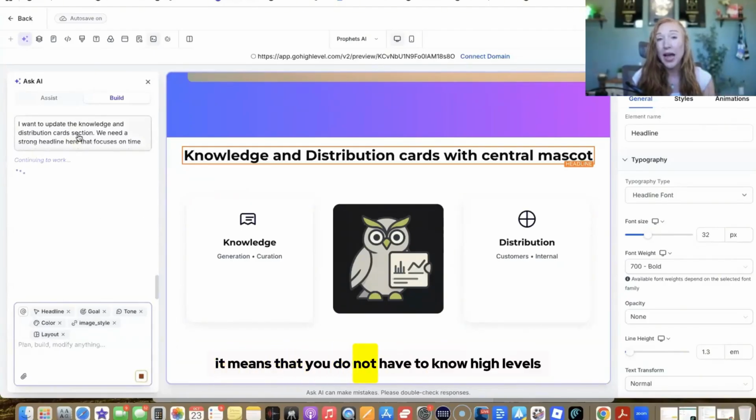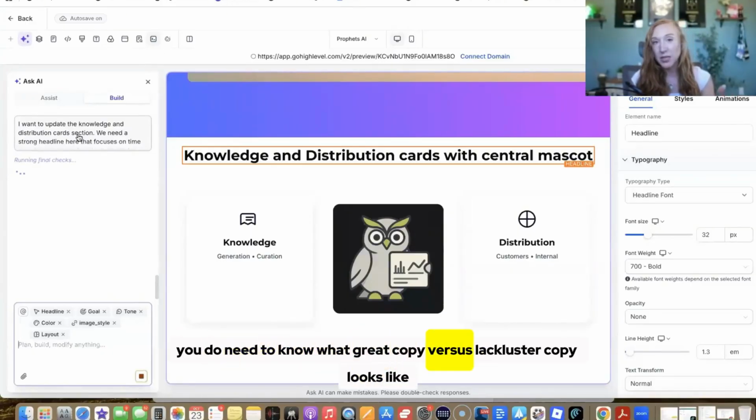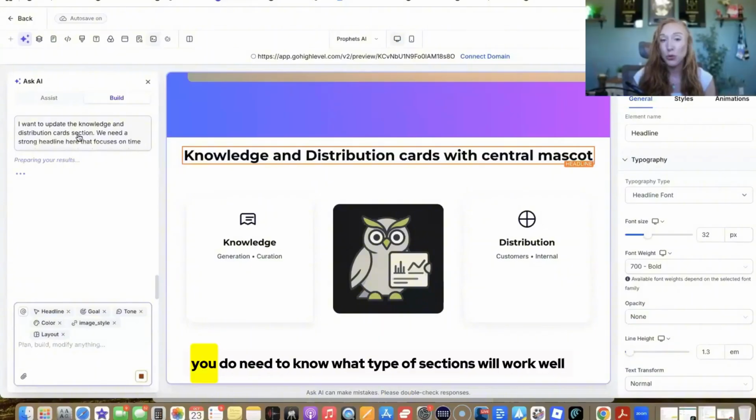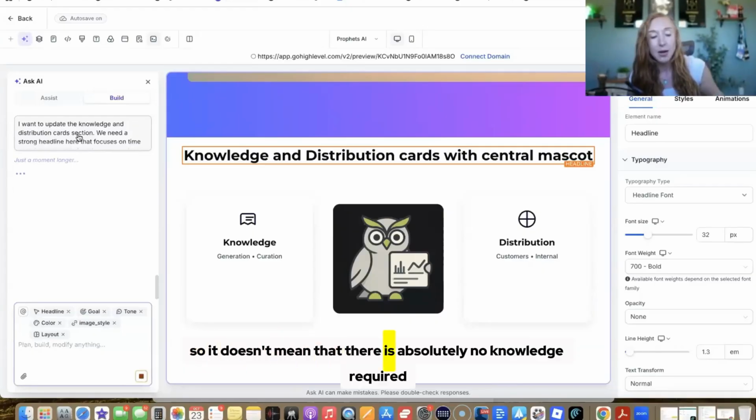It means that you do not have to know HighLevel's funnel builder elements like the back of your hand. You do need to know what works and what doesn't. You do need to know what great copy versus lackluster copy looks like. You do need to know what type of sections will work well, what type of calls to action will work well. So it doesn't mean that there is absolutely no knowledge required, but